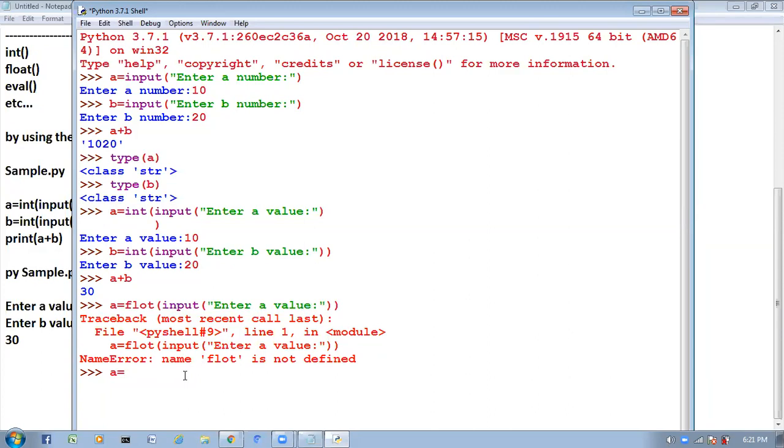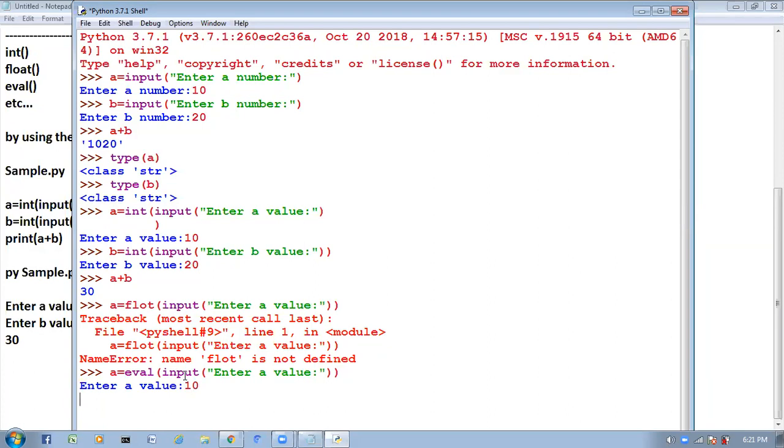Otherwise I will take eval. A is equal to eval of input of enter a value. Here, enter a value, I am giving 10.